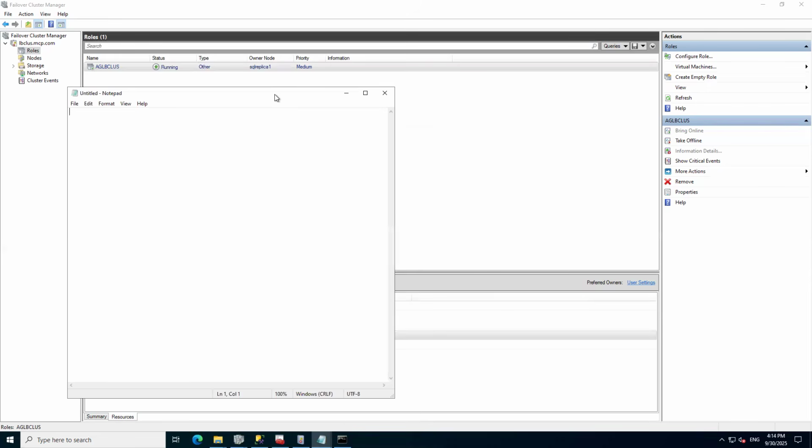I would like to write the 3 points here. First thing, preferred replicas, preferred owners, I mean to say. Preferred owners, and possible owners for availability group. For availability group, you will find only one tick box or check box,